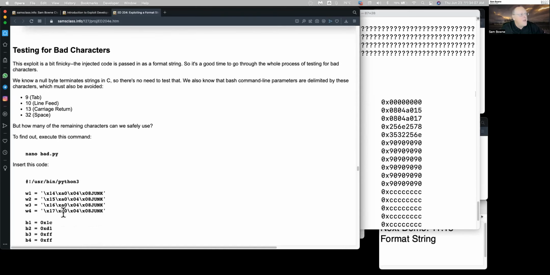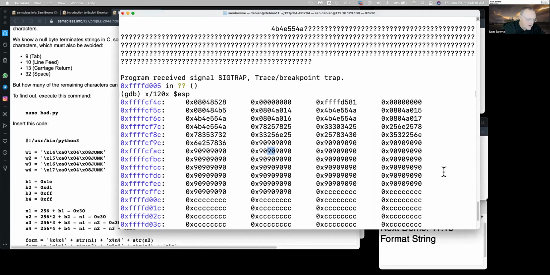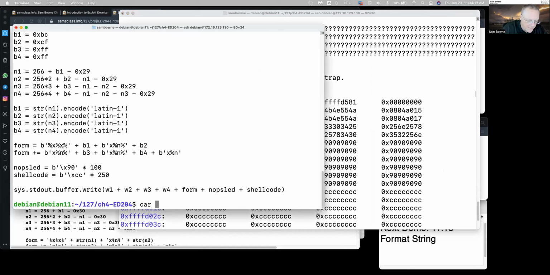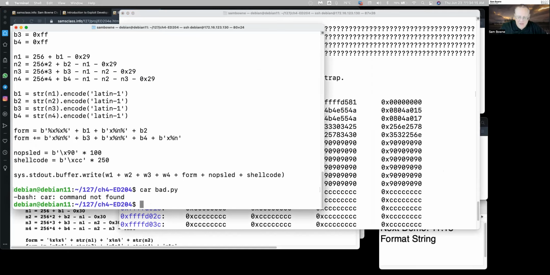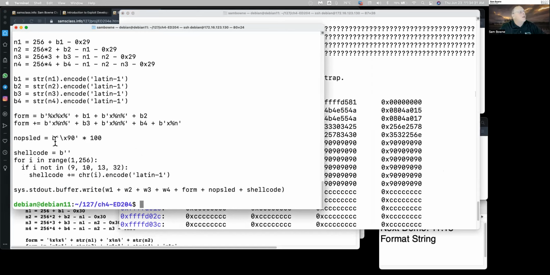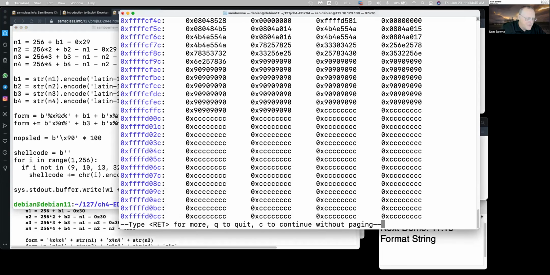So I wrote a program, bad.py. Let me bring it up live here. A cat, not car. All right, this will put in the NOP sled, and then instead of the other shell code, it's going to just put in all possible bytes, except it's skipping the null byte and 9, 10, 13, and 32. So I have a string of all those bytes, and the only point of this is I can see whether they actually get there. If any of the bytes are forbidden, they will break the string and they will not get injected. So if I run bad.py,